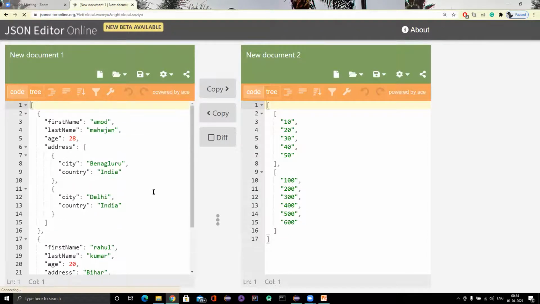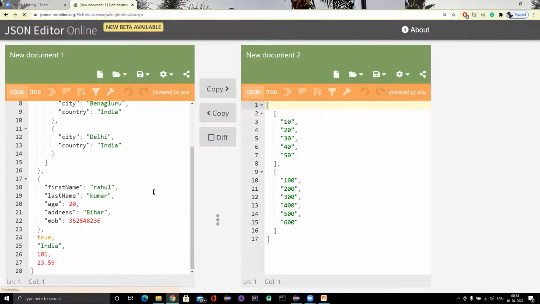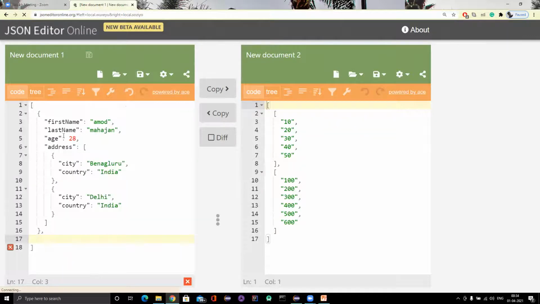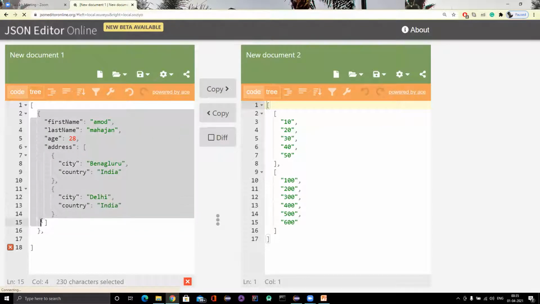Okay, so I can see we have some array created here. So what I can do, I will remove this part. Okay, and we know that array is the collection of objects, right?